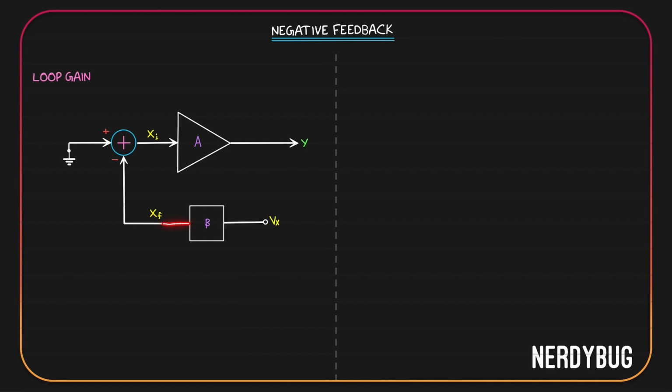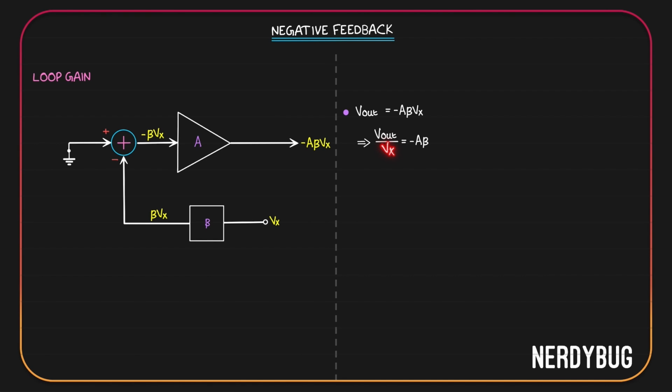Then output of the feedback network will be Vx multiplied by its gain beta. Beta Vx gets subtracted from the input, which is 0. So Xi in this case will be 0 minus beta Vx or negative beta Vx. This is going into an amplifier of gain A. So the output that we get over here will be minus beta Vx multiplied by A. This means when Vx was given as an input to the feedback network, the final output we got is minus A beta Vx. Remember, no input is involved. Output is negative A beta Vx, so we can write Vout by Vx is minus A beta.